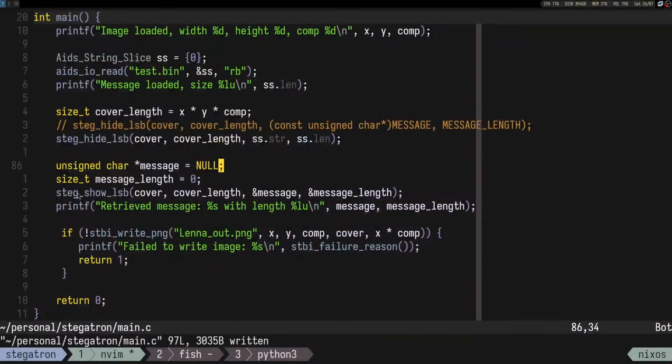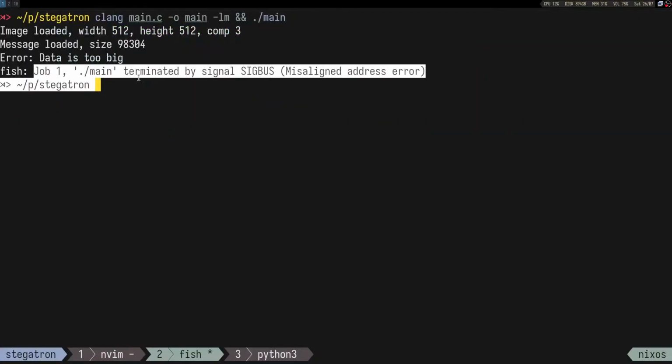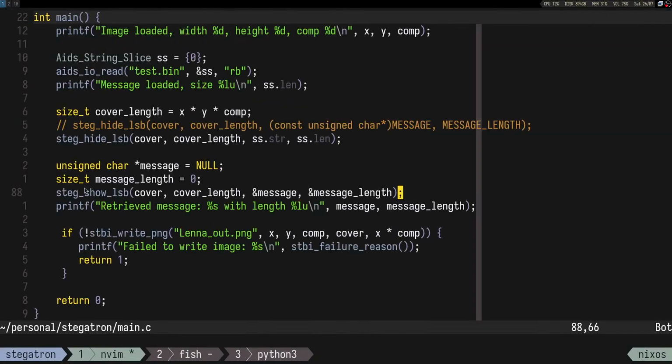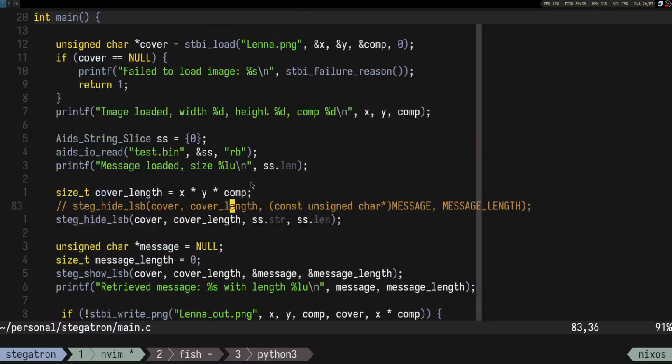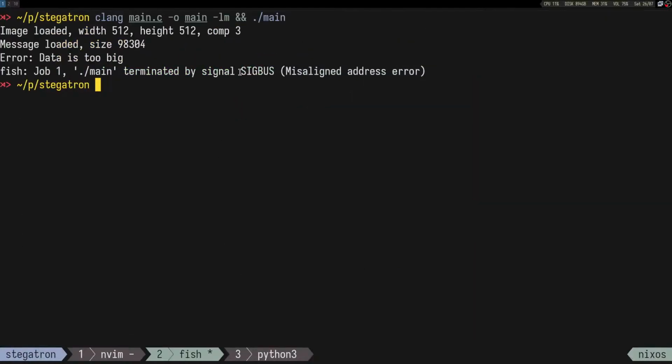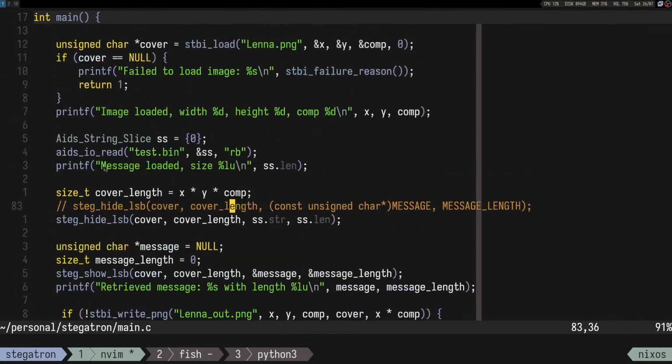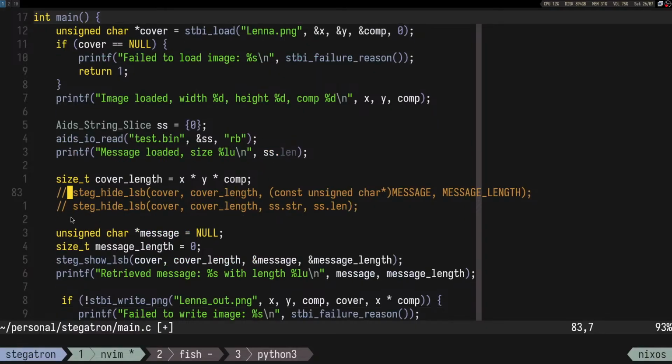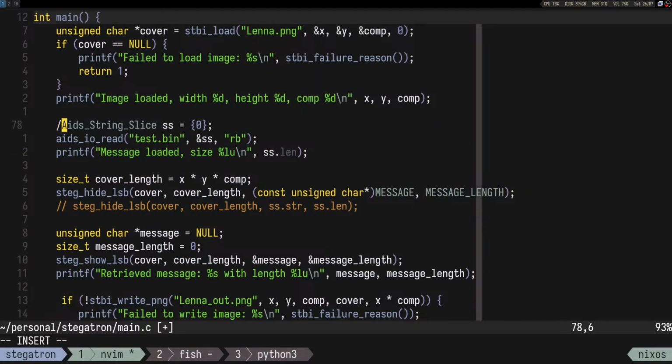Okay, obviously we don't do error checking, so yeah, this thing is null. But I wonder why it's not segfault. It's sigbus. Like what? Again, never saw that error before. Okay, anyways,